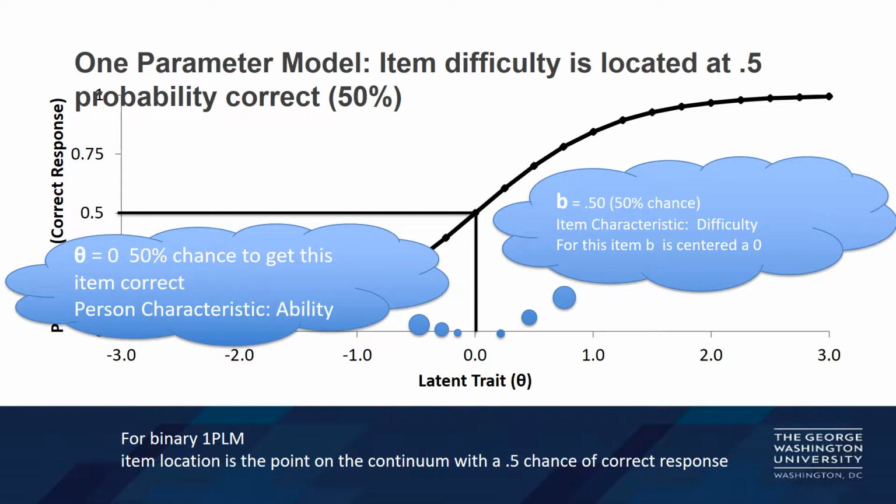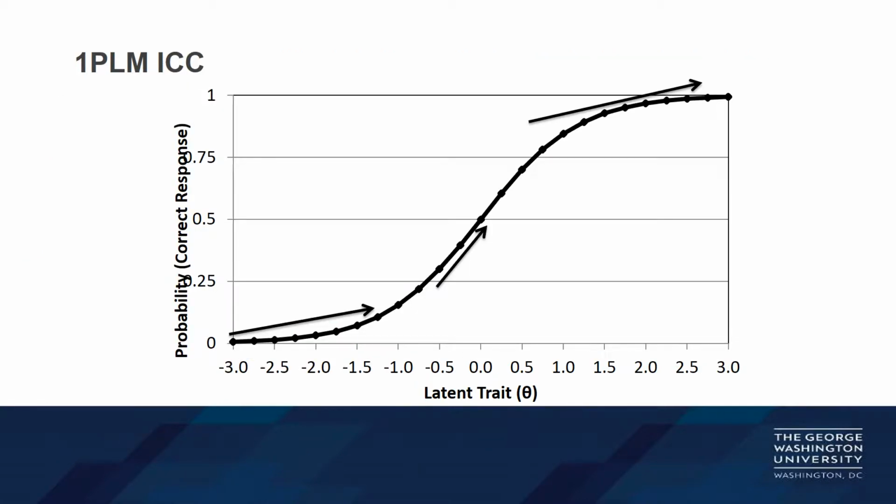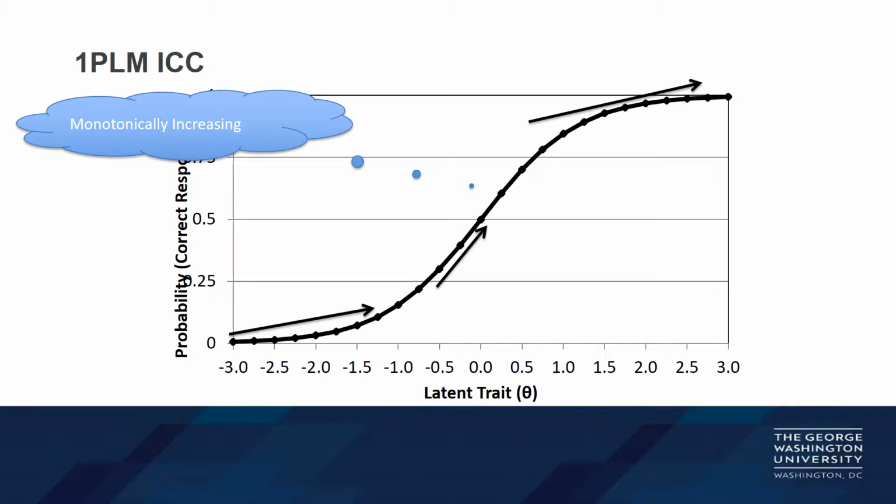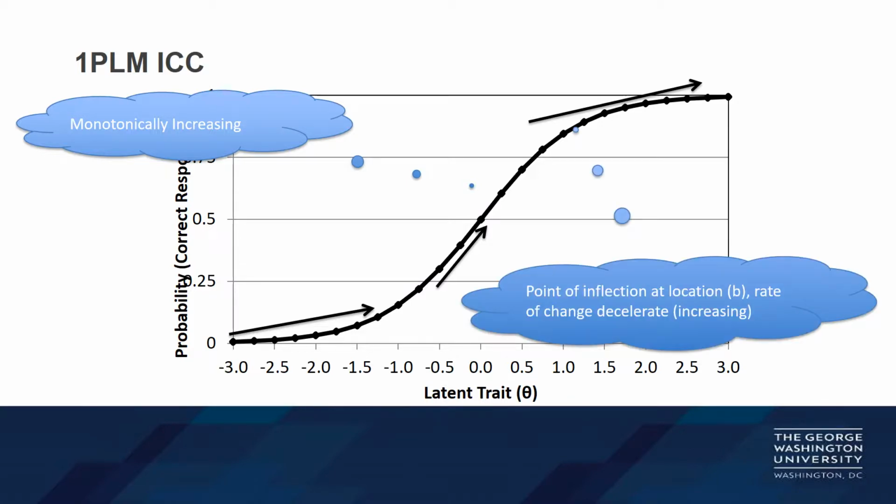So when we say that it's a 50% chance of getting that item correct, that is for a person with an ability score of 0. So the B, the item, is located at 0, and theta, the person, is located at 0. We'll come back and show more examples of item locations and person locations. Our model is also monotonically increasing, continuously going up, and we notice that the point of inflection is at B, so that changes the rate of change from increasing. Now the rate of change is decelerating,